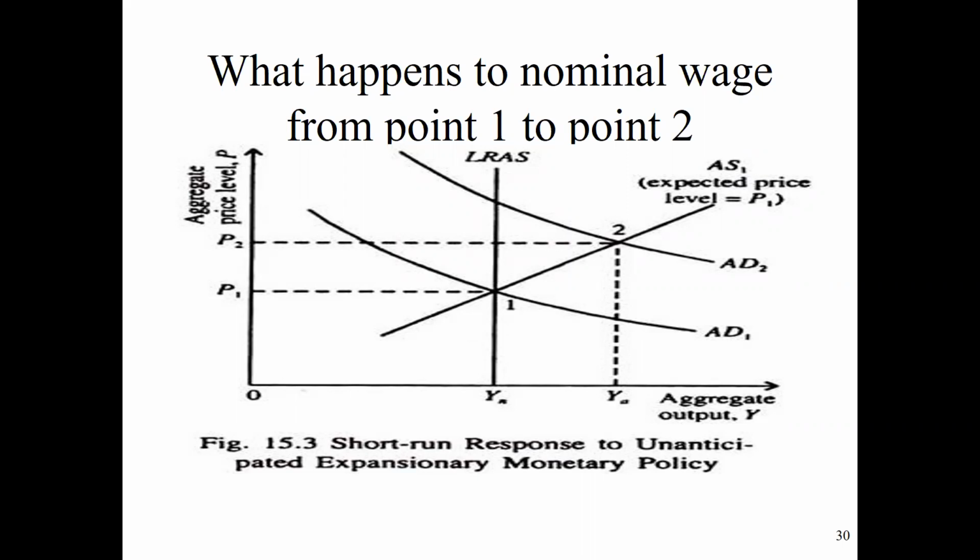Graph this on my phone. All right. If nominal wages at point 1 is 100, and I go from point 1 to point 2, will nominal wages increase, decrease, or stay the same? Would it increase because AD increased? Okay, so you're going with increase with AD. Jonathan? Increase. Josh?